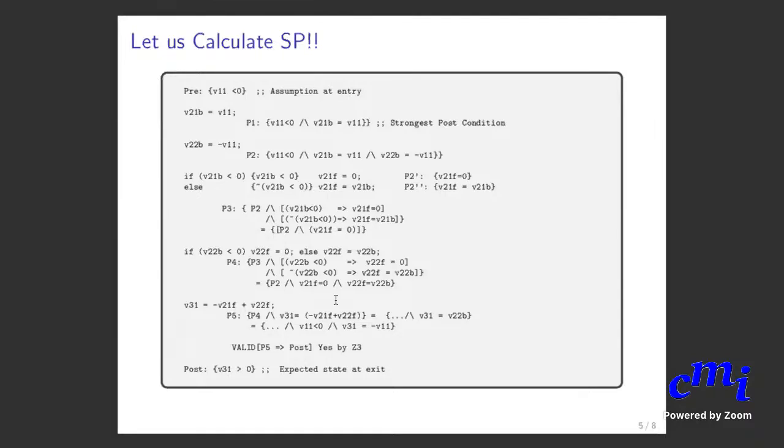So what I'm assuming here is, prior to this, what is it that I can know? What is the pre of that? It's P2 and this, correct? Because P2 is already true there. And this Boolean expression does not have any side effects. I'm assuming in this case there's no side effect. If it indeed has side effects, then it will be a different thing. Therefore, P2 continues to hold good, and then I can be sure that V21B is less than 0.